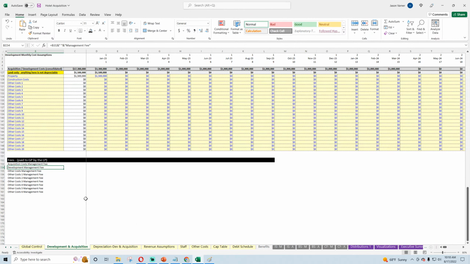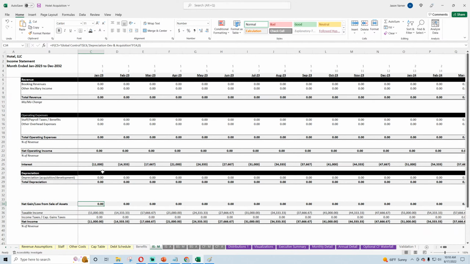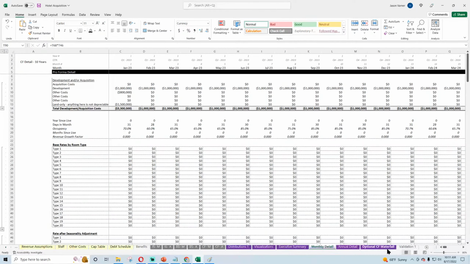I'll get more into it when I do the little visual and we get into the real structure. But we'll probably add a selector that says the fee can be based on a percentage of net operating income or gross revenues or a percentage of the total deal value, which will be the total contributions of equity. Now, that's probably going to be the most common, just a percentage of revenues or net operating income, but I'll do all three, and it's going to be a little tricky here because on the